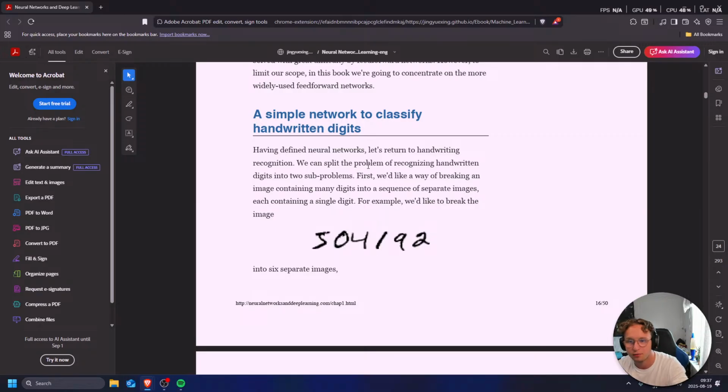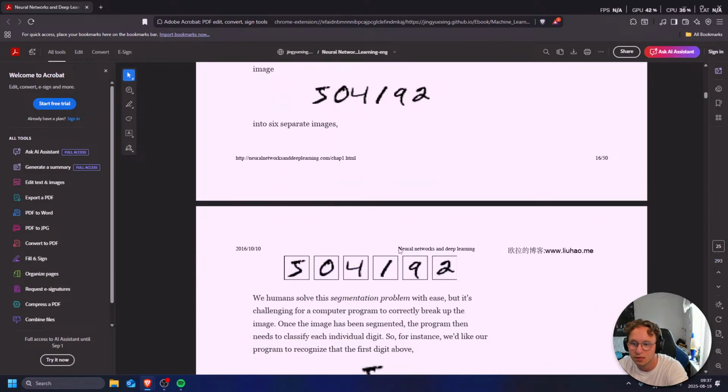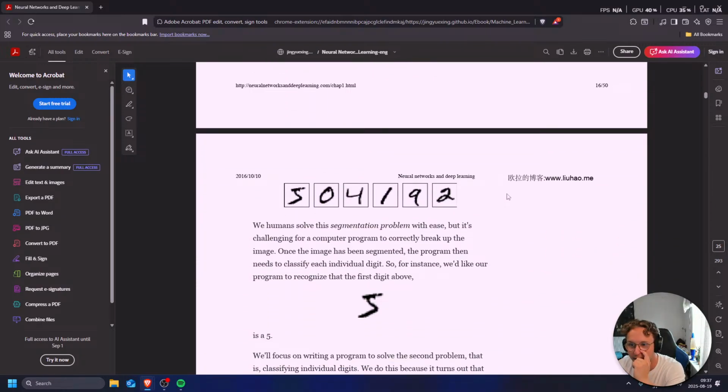Having defined neural networks, let's return to handwriting recognition. We can split the problem of recognizing handwritten digits into two sub-problems. First, we would like a way of breaking an image containing many digits into a sequence of separate images, each containing a single digit. For example, we would like to break 504192 into 6 separate images. Like this. And I think this paper is from someone that is Chinese, by the way, because these are Chinese